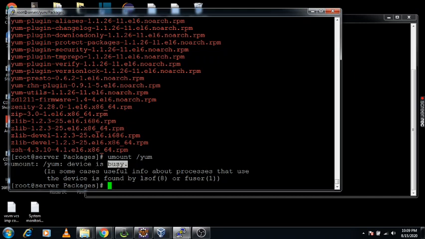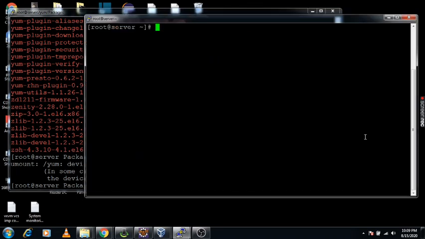But suppose this file system has an application and the application team wants to unmount, right? So at that time you need to unmount, but this device is showing busy. That means someone is now using that file system. So I am taking another session. So using this lsof command,